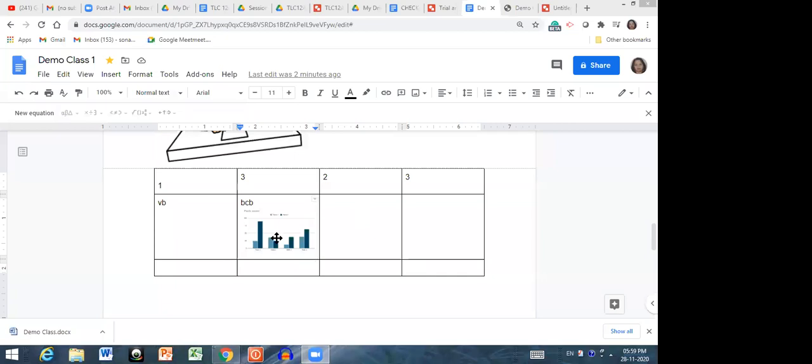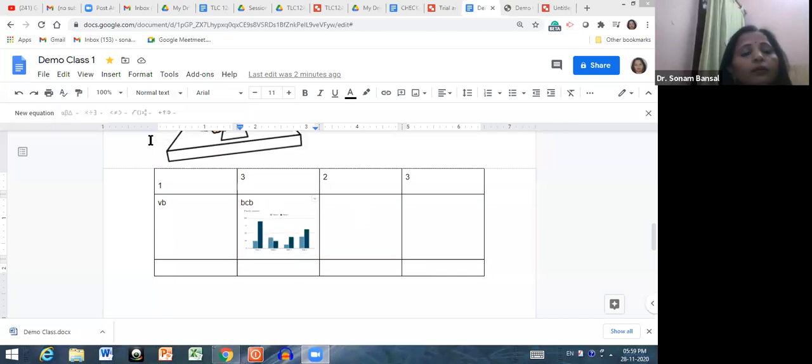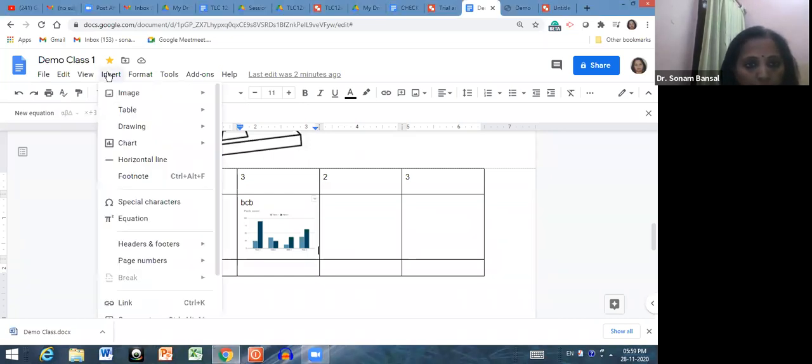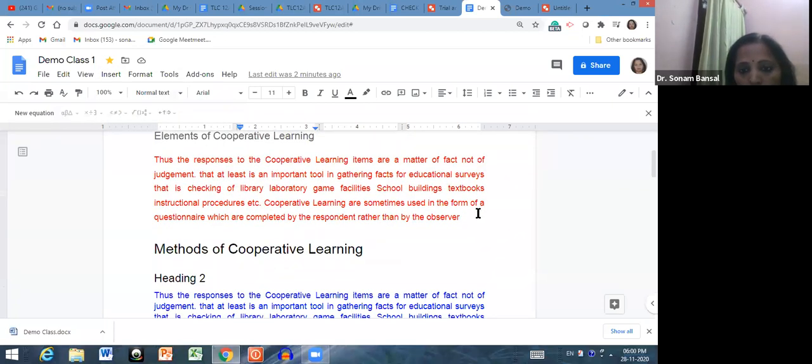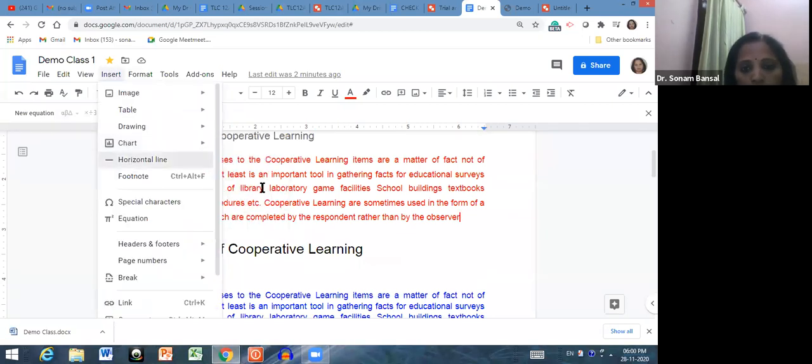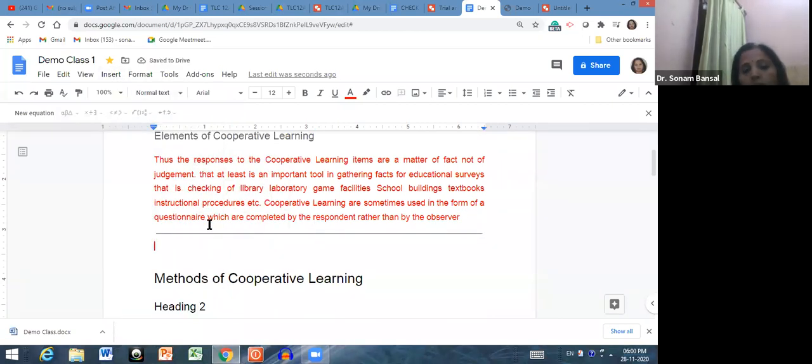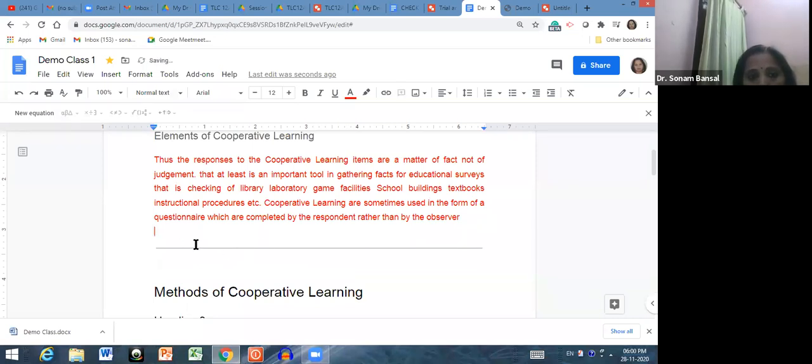Yeah, okay. So sorry for the interruption, and this is how you can insert the chart. Then again click on insert. If you want to insert horizontal lines, then you can click here. Let me add in between a line, just wait. So I'm clicking here and click on insert, click on horizontal line. See, this demarcation of line comes here. If you want to insert subsections, then you can just click here and separate the sections like this.